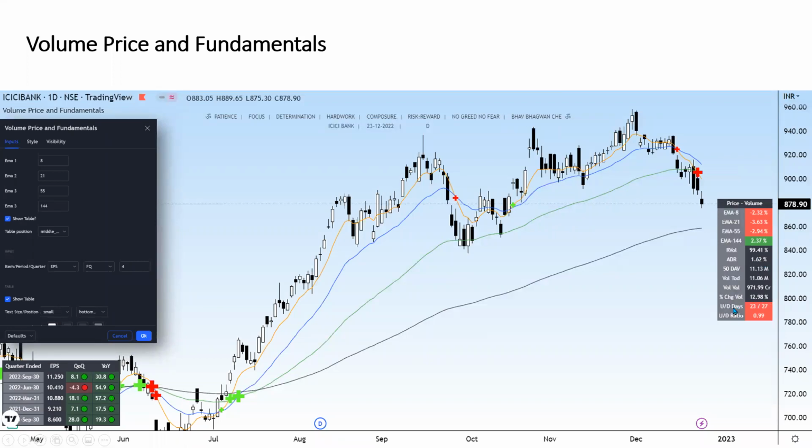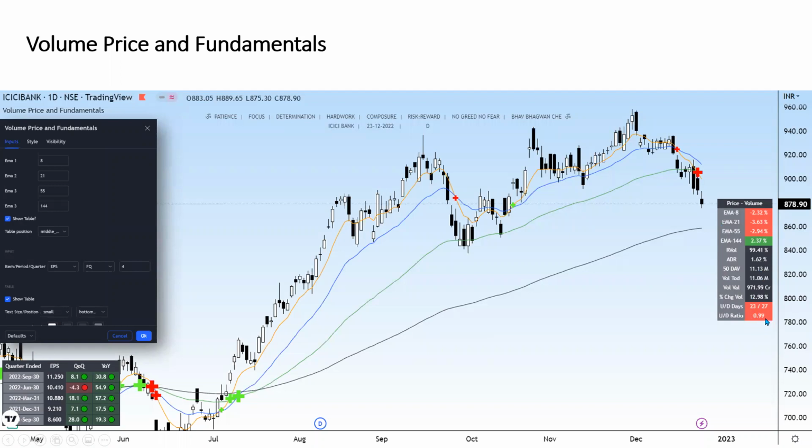Percentage change, volume today. Then there is the UD ratio. UD stands for up down ratio. So in the past 50 days, 23 days ICICI Bank made a green candle, it was up. 27 days, it was down. But when I multiply the up and down days with the volumes, I get a UD ratio of 0.9, which is like a flat kind of a thing. I have instructions for this in the next slide, which will be handy for you to read later on.